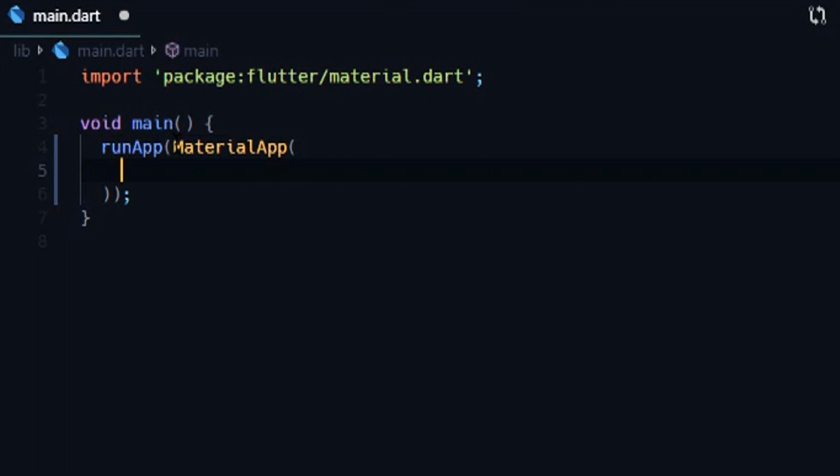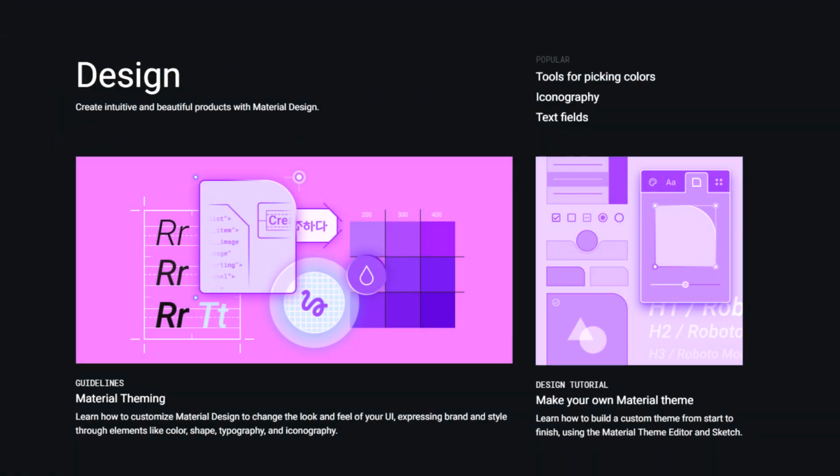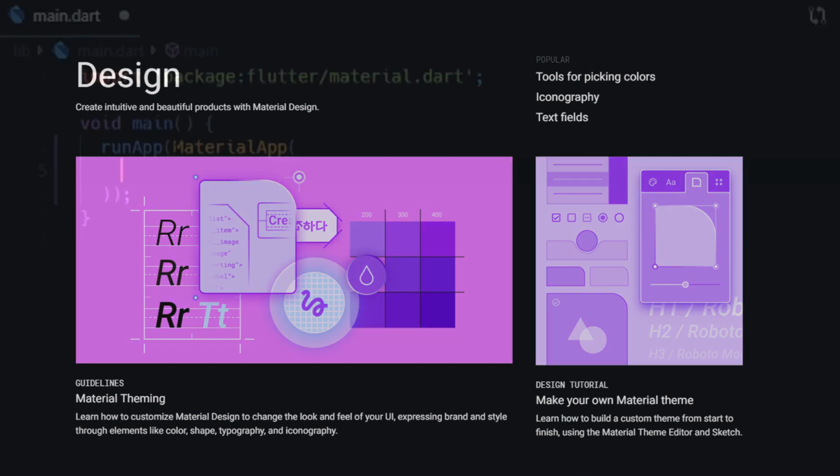Basically, we can create a text widget without using the Material App, but for using Material theme, that is the core theme of Flutter, and the whole idea revolves around the Material theme that we see nowadays that is being implemented in all the Google projects. This Material App widget gives us access to all of them.